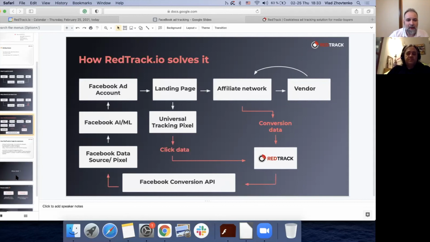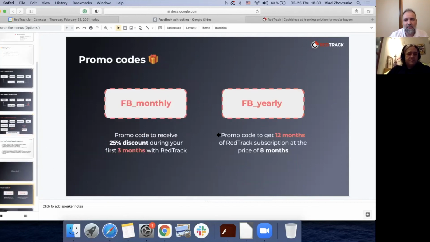So for the last part of our presentation, you can make a screenshot. This is a small present for you. You are our pioneers. Well, of course, at least you are pioneers in terms of presenting this solution publicly. So you can enjoy either 3 months with a small discount. If you like it, then you can get an annual subscription. And we can always switch this to individual demos.